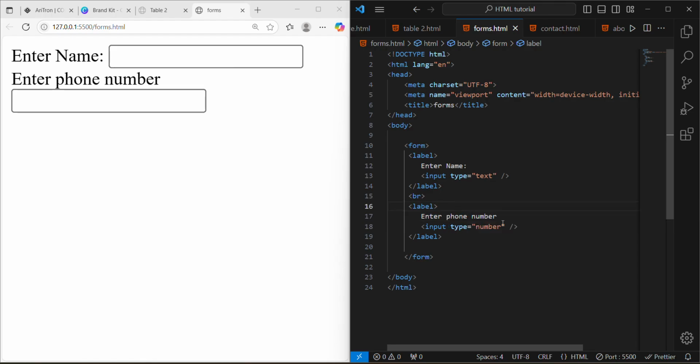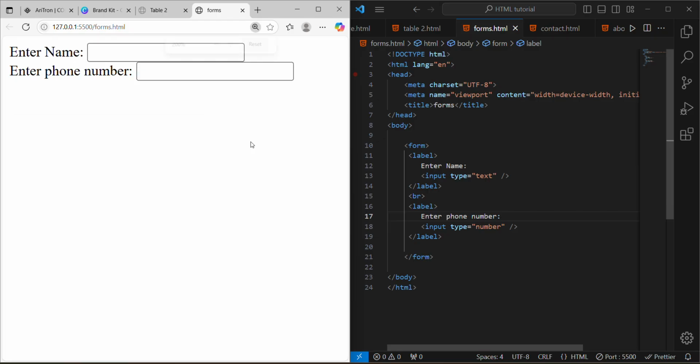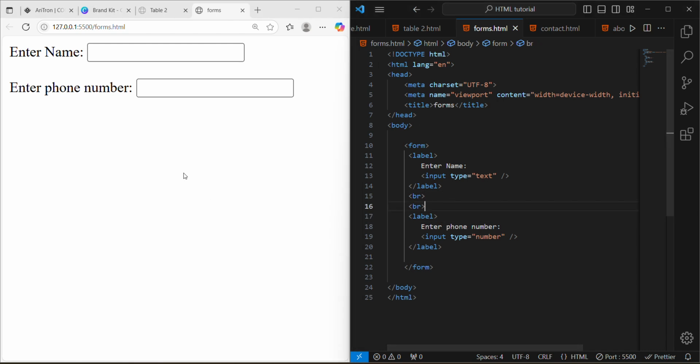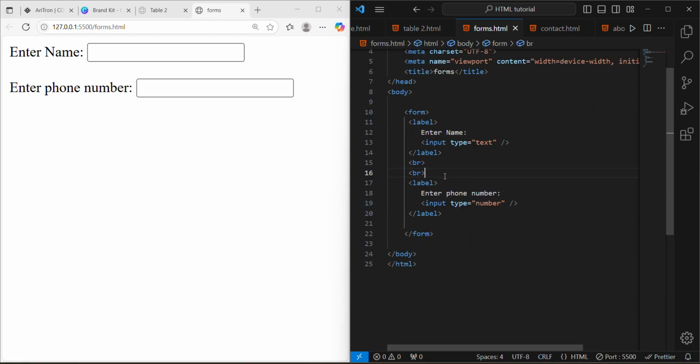So you see, here we have it, phone number. So we have enter name, enter phone number. We can duplicate this so we can have more line breaks. Then another type of input that we have,